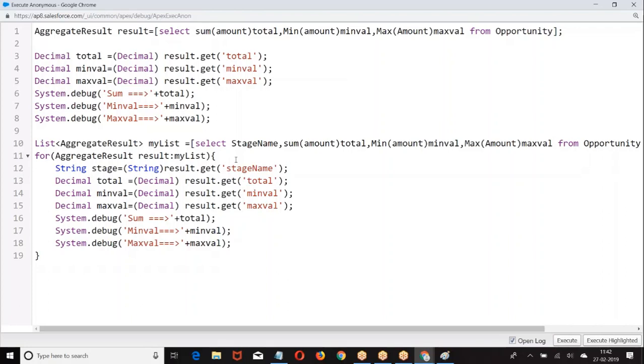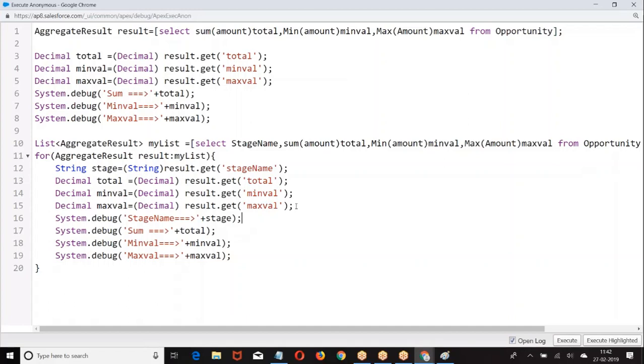So, list of aggregate result, take one by one record from the list, get the value. Look at line number 10 to 19. If anybody has any issue with this, let me know.